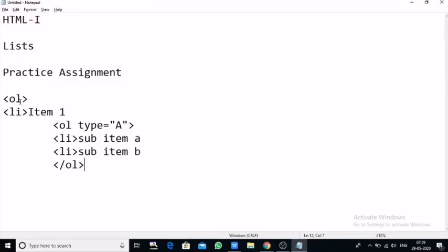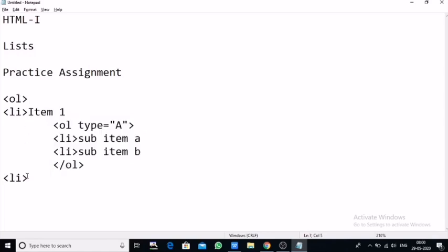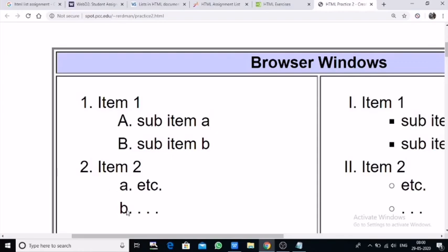Now come to this section. 2 is here after 1. So here OL is already written, and LI you have given takes 1. Now write only LI. As we have ended the nested OL, this is the end, and now in continuation this OL starts again from here onward. So OL, LI item 1 displays 1, then LI again. Here after 1, 2 will come, item 2. Write down item 2, that's it.